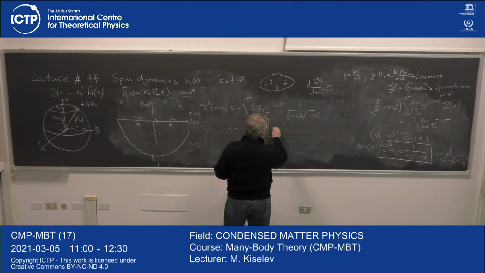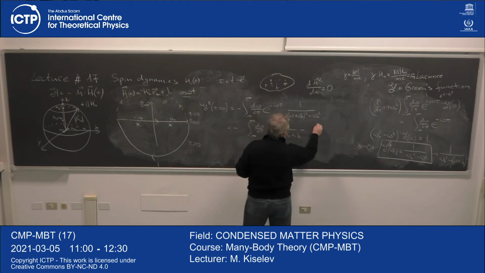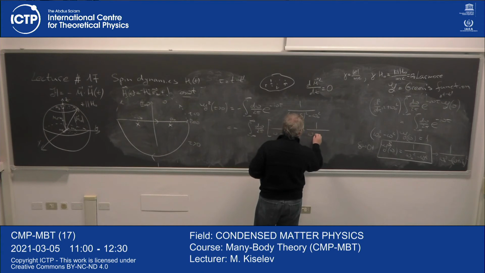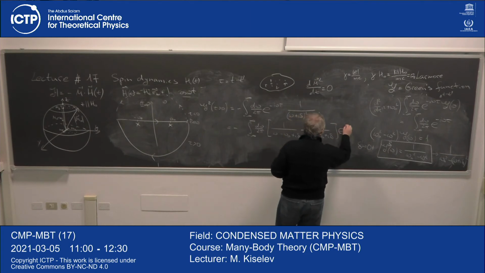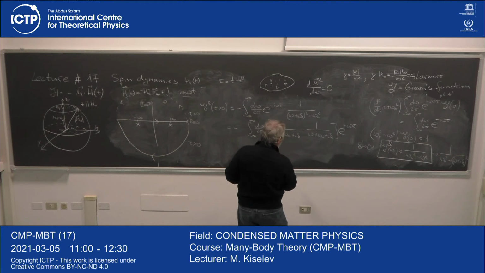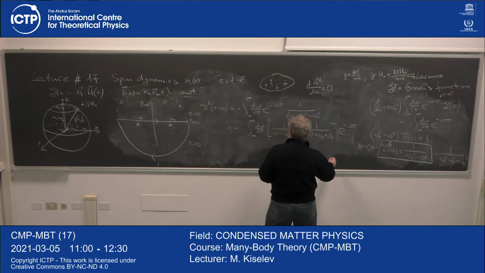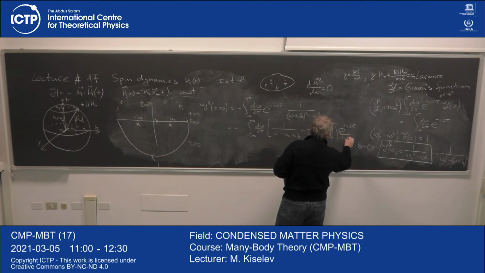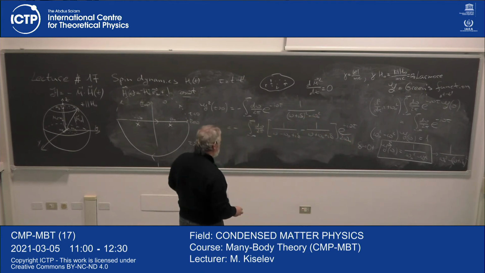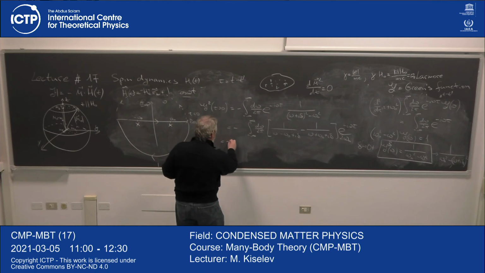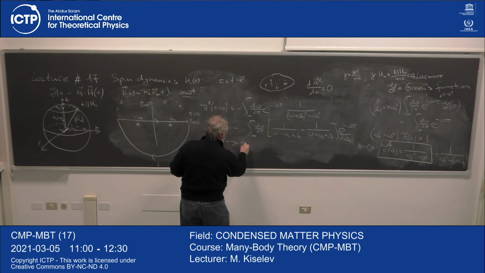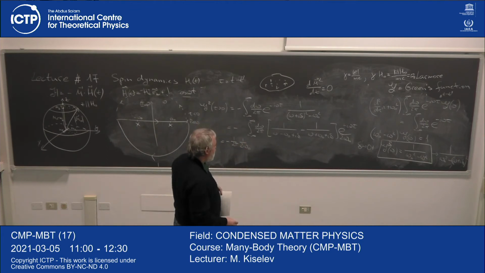Let me write it as 1 over omega minus omega naught plus i delta, minus 1 over omega plus omega naught plus i delta, times e to the power minus i omega tau. And if I collect terms and write this in a bracket, I should divide it by 2 omega naught. So I have minus 1 over 2 pi, 1 over 2 omega naught, and now I close my contour